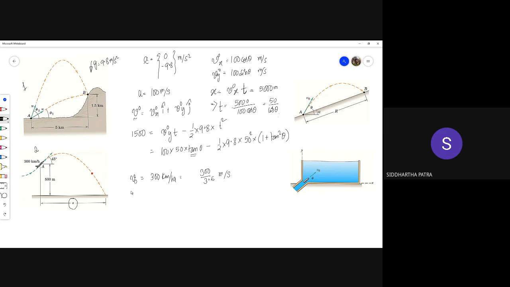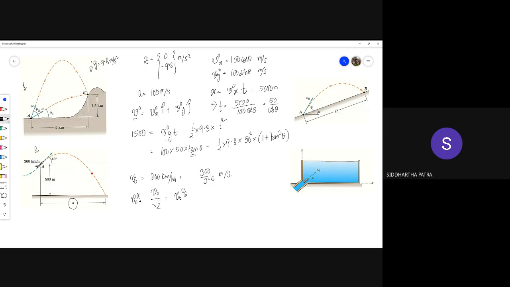So the horizontal distance should be, this is how we get it. So we would get the x and the y component of this thing. So it would be 300. Whatever that v0 is, it is going to be v0 divided by root 2.